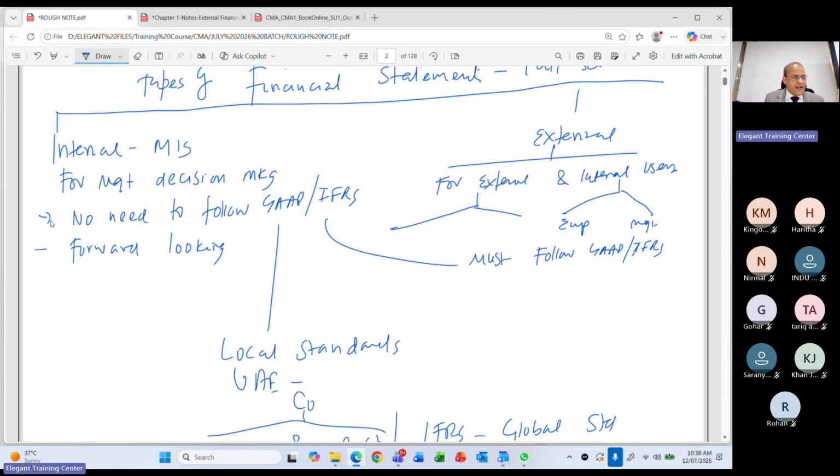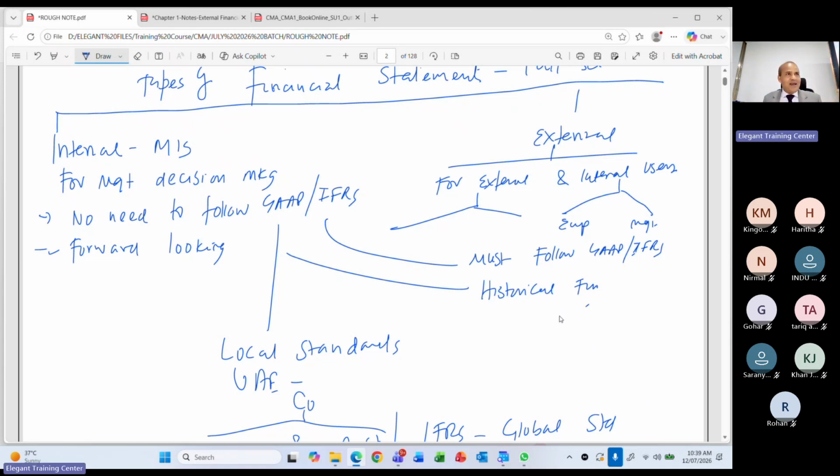So, internal financials are forward-looking and external financials are historical, right? You don't give the projections in public, you give actual financials, right? So external financials are based on the actuals. Audit is based on actuals. Audit is not based on the forecast. The budget of your company is not audited by auditors. Clear? Budget is not audited.